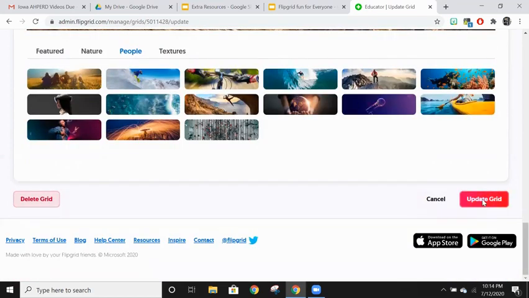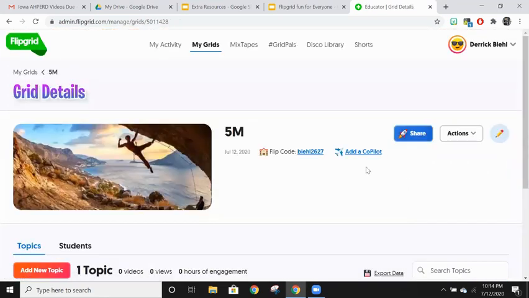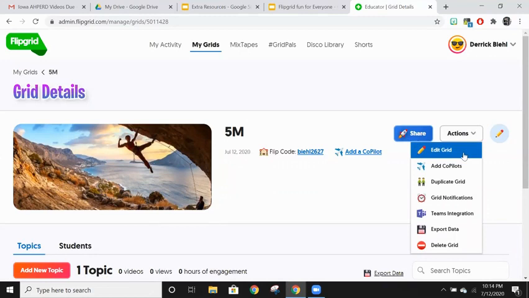We're going to update the grid. And now we can see the grid. We see 5M, date we created, flip code. We add a co-teacher on here too. And if we ever don't like the stuff, we edit it. Actions allow you to do